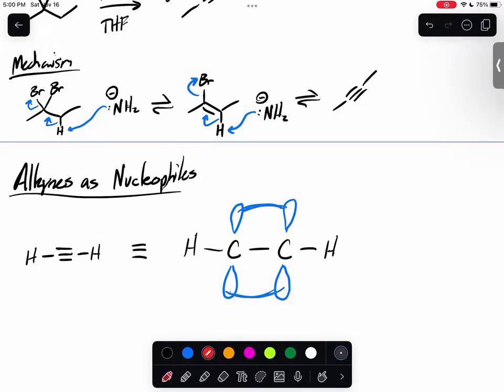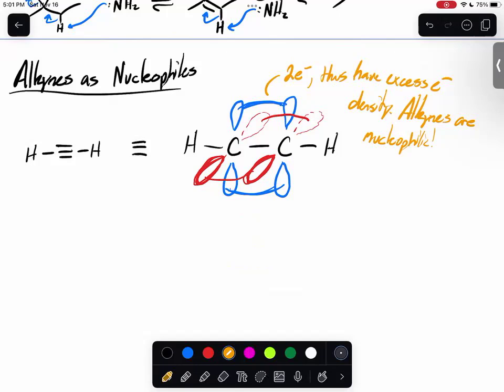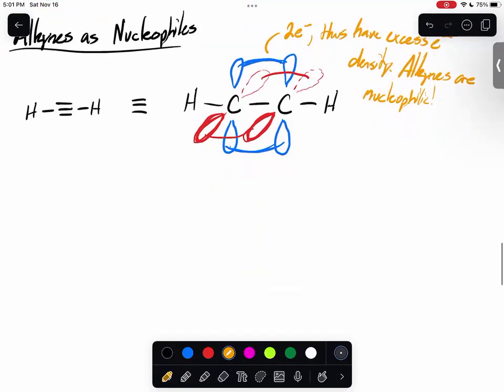The other one is from these that are going in and out of the plane of the paper, and so we can draw those more like wedges and dashes. These overlap to make our other pi bond. Whenever you think about these, they act the exact same way as alkenes, where they are made up of two electrons and thus have excess electron density. Therefore, we can also say that alkynes are nucleophilic. The question becomes, are they more or less nucleophilic than alkenes? To answer that question, we need to think about what it means for these to be nucleophilic. So, looking at the bond strengths of these alkynes,